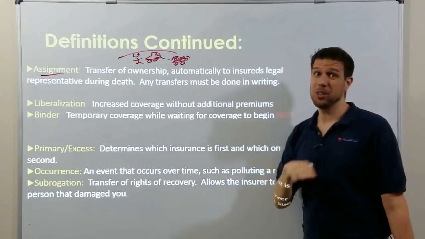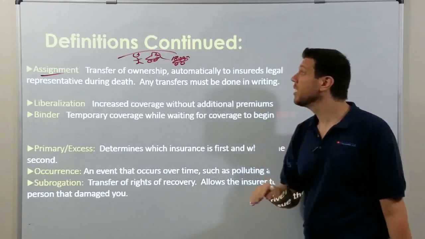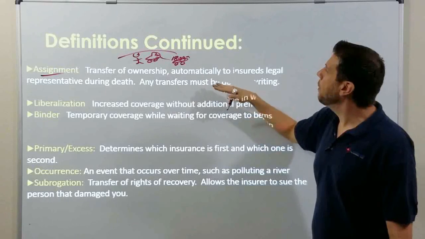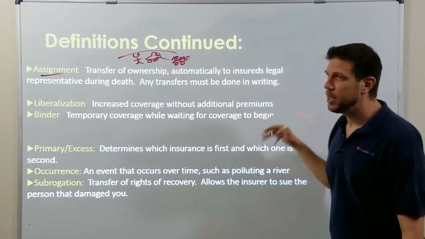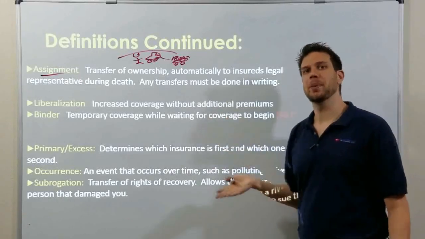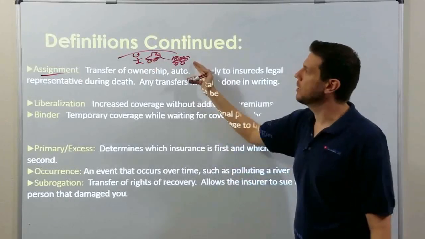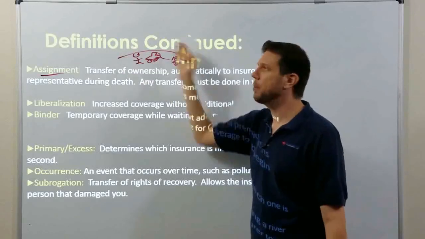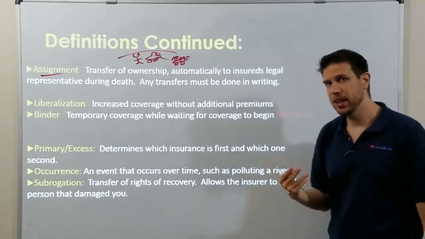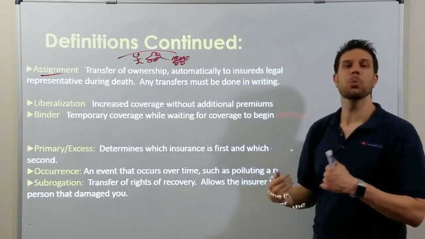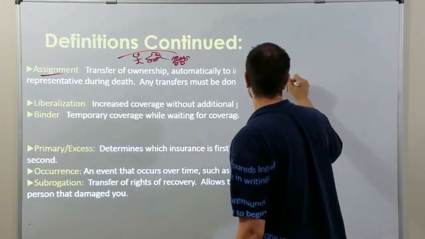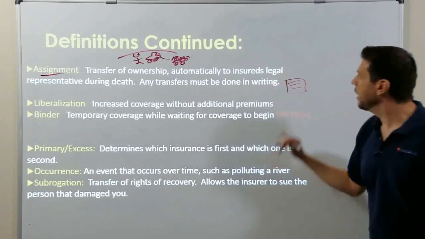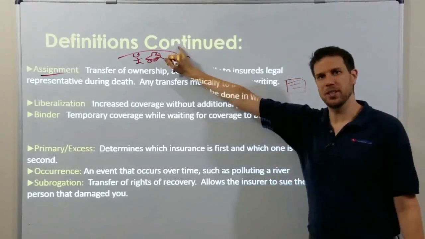However, insurance companies don't like 18-year-old boys. So the insurance company must approve all assignments in writing. You'd have to go to the insurance company and say, hey, look, I'm going to give my son this car, and I also want to make him the policy owner on the policy. The insurance company would say, cool, but we have to approve it. And they have to write a letter, very simple, standard, saying now the new owner is the 18-year-old son.